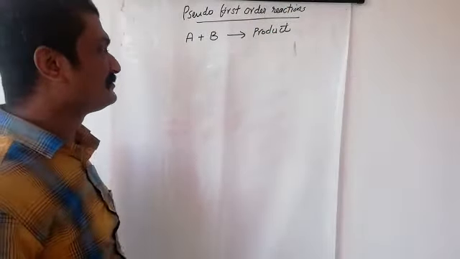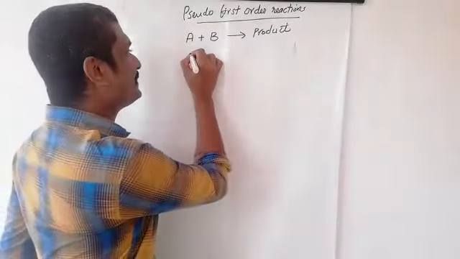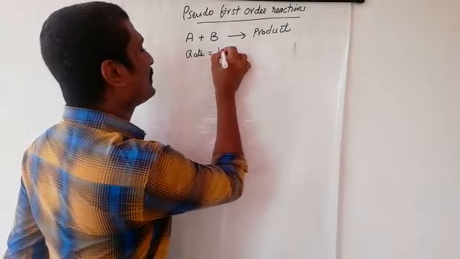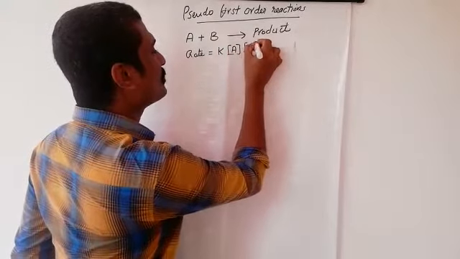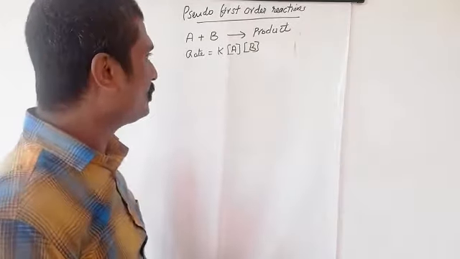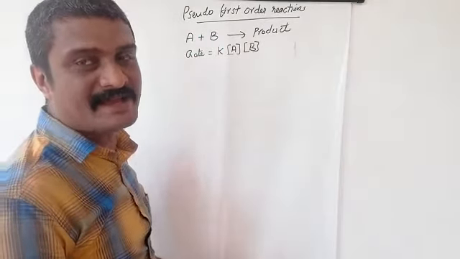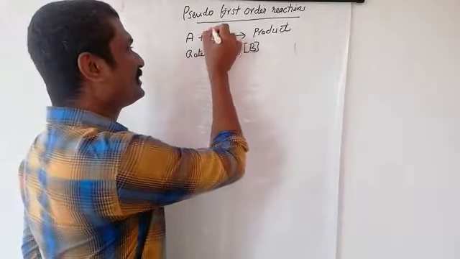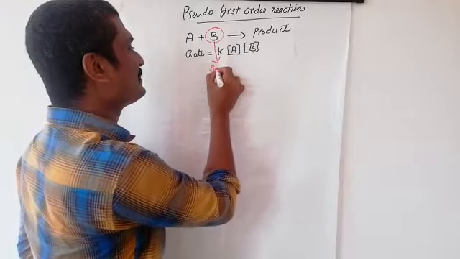Here the expected rate law is: rate is equal to K into molar concentration of A into molar concentration of B. This is the expected rate law because here two reactants are involved, the reactant A and the reactant B. But if the reactant B acts as solvent